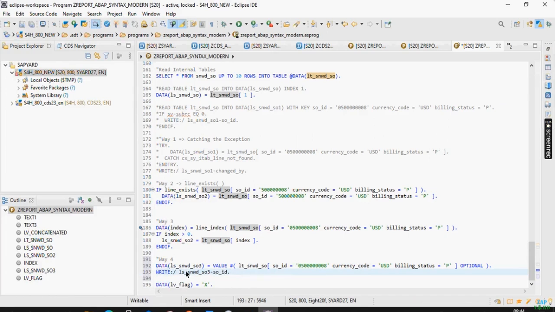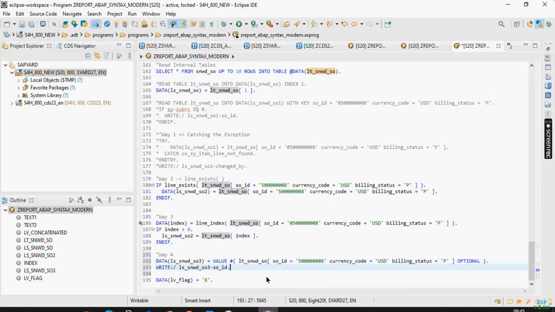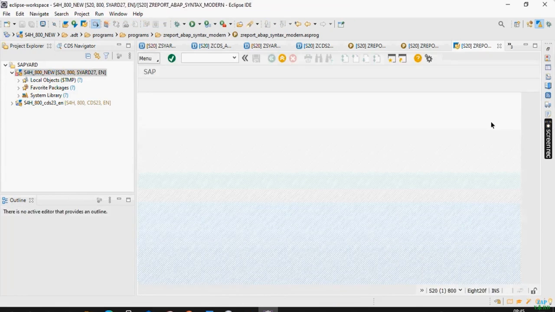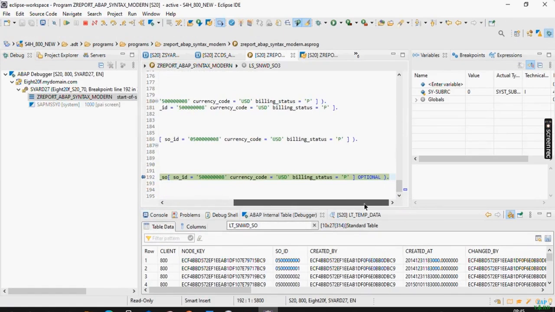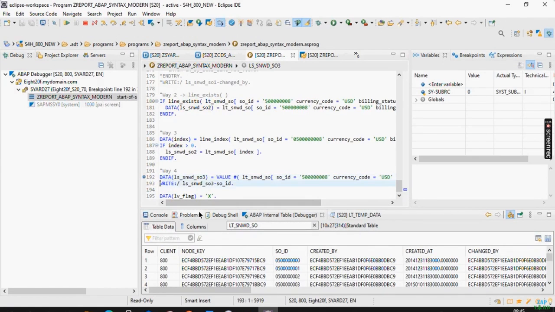Okay, so now ls_snwd_so3, if I want to get this, for example, if I don't pass this value, okay, and now let me activate the code, and now let me show you by putting a breakpoint here. I'll remove the breakpoint from here. So value then optional. Okay, now if I do an F5 here, see here